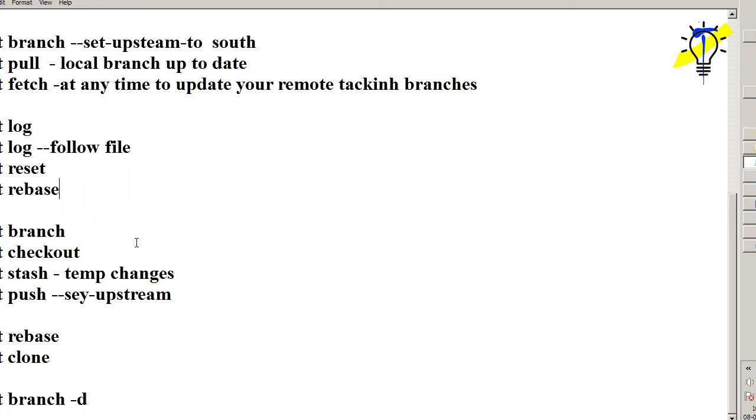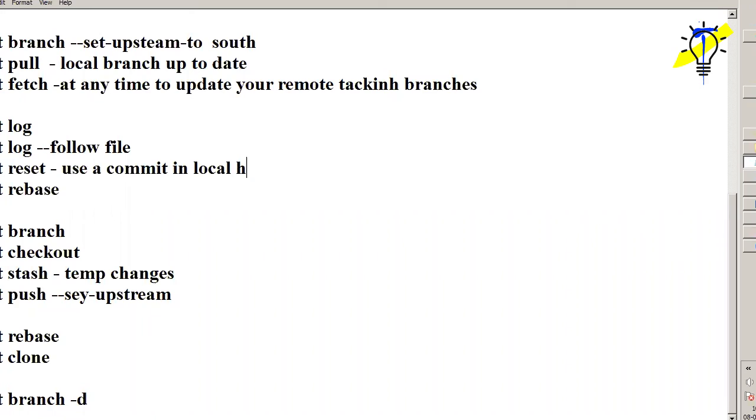I think, have you guys gone through reset and rebase, where we can use the reset and rebase commands? Simply, the git reset command is used to reset commits in local history.